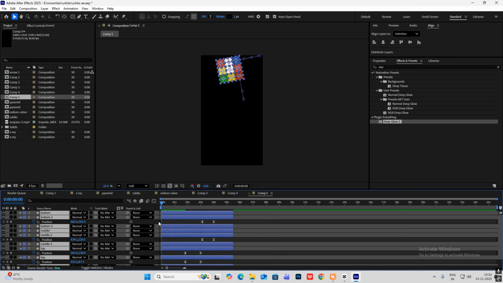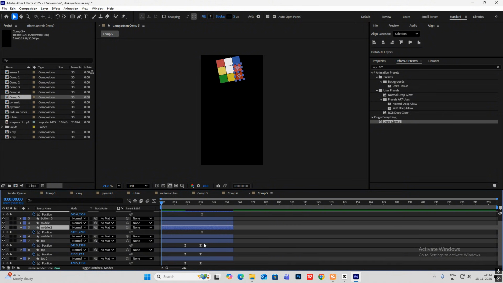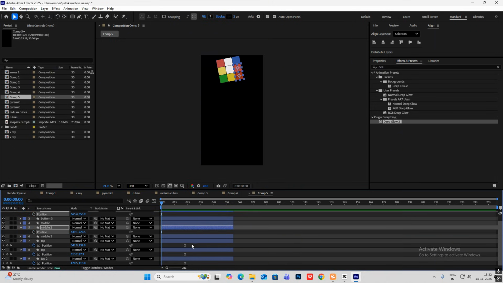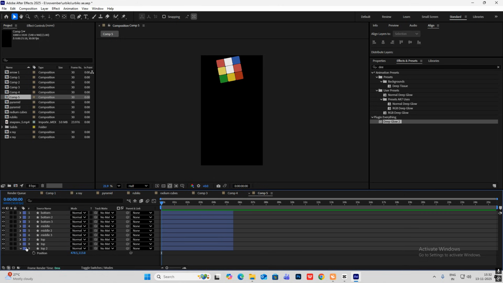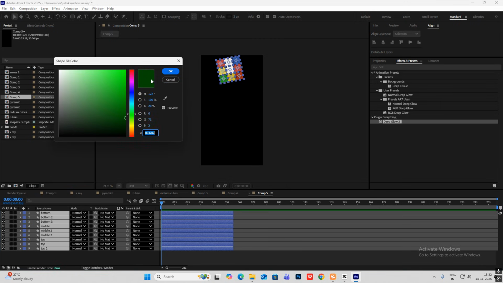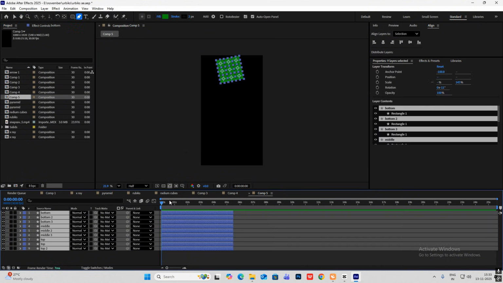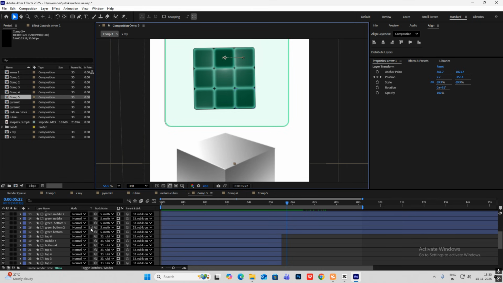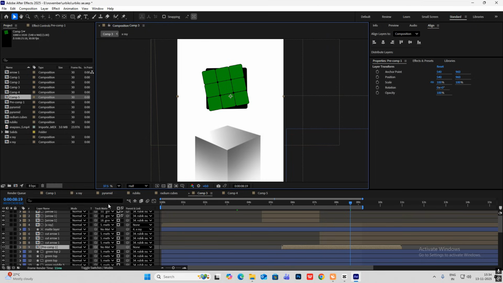Select all, hit U and delete the end keyframes. Okay, delete all the keyframes, and now there's only one thing you have to do: select all of them and make them green. Okay, copy them, head on to our comp and paste it. Okay, I'll make it a compound clip and then